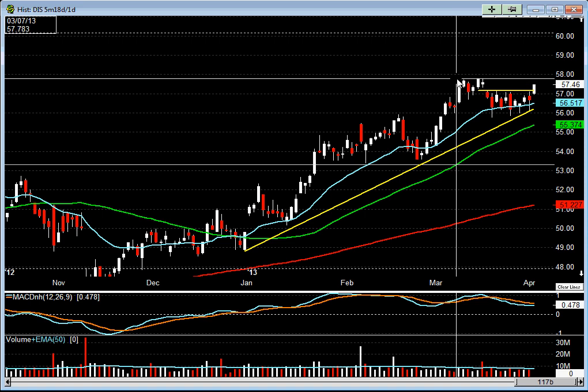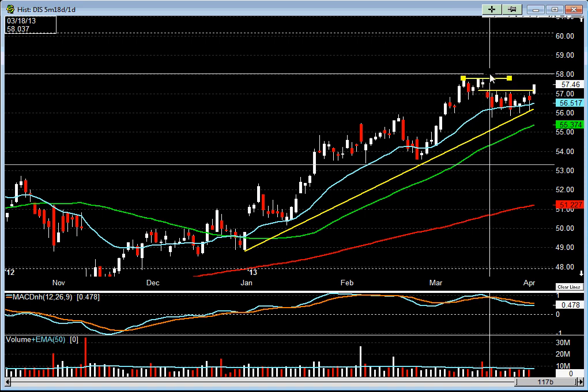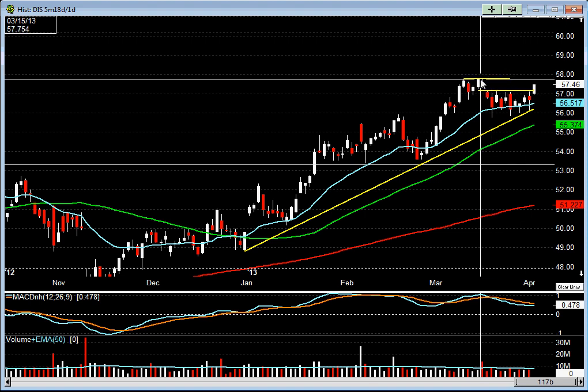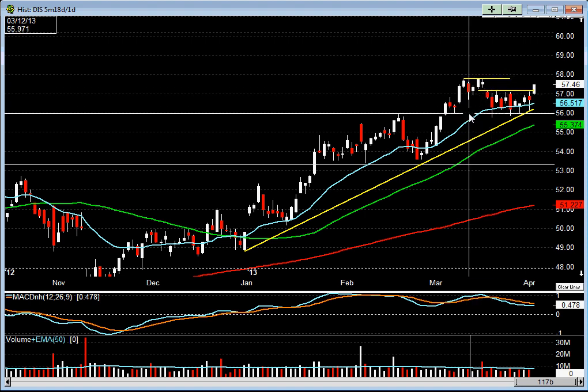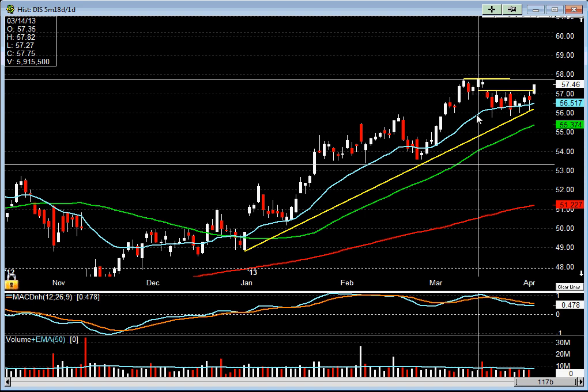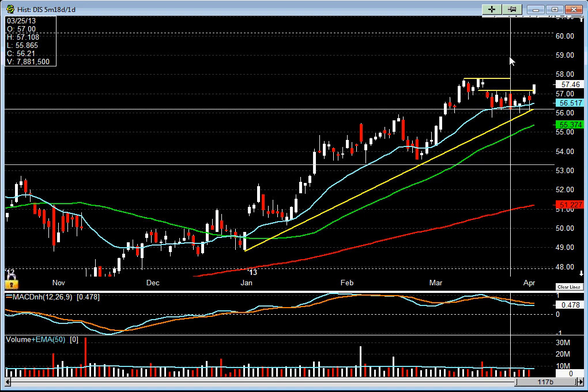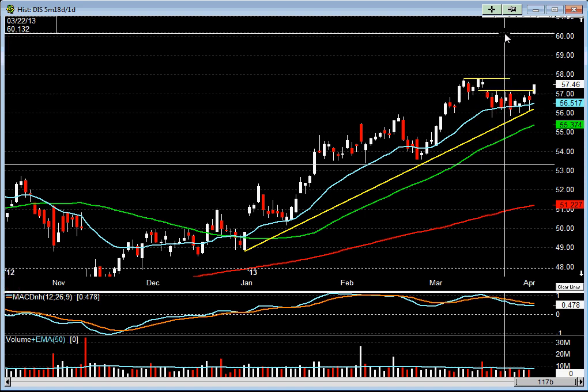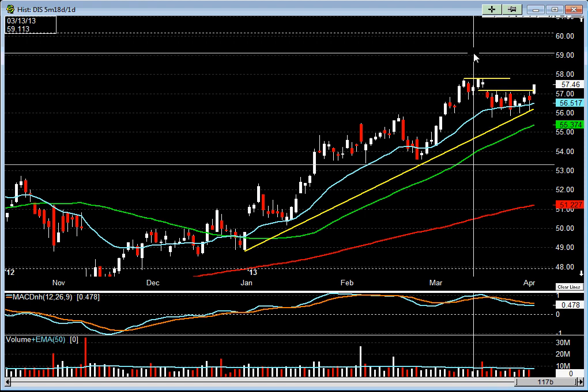First of all, the target that I'm playing for initially on this trade is this new all-time high, which is somewhere around the 57.82. Then once it breaks through this and makes a new all-time high, the ultimate target is somewhere up at this 127 Fibonacci extension, which will be somewhere around the $60 area.